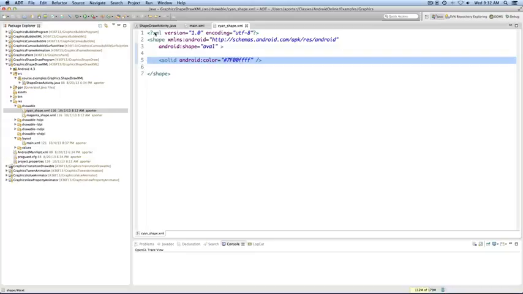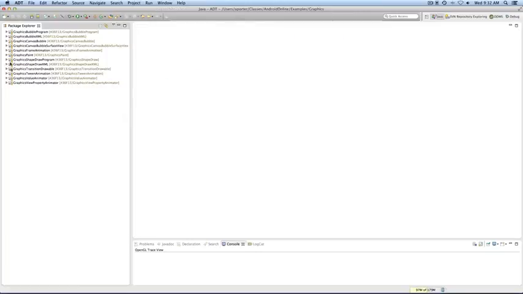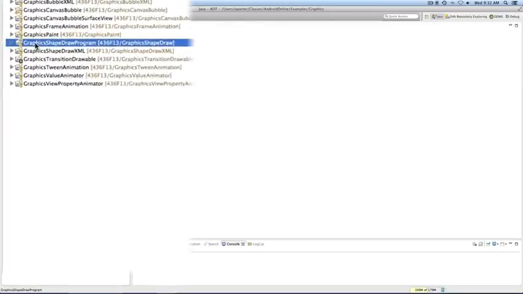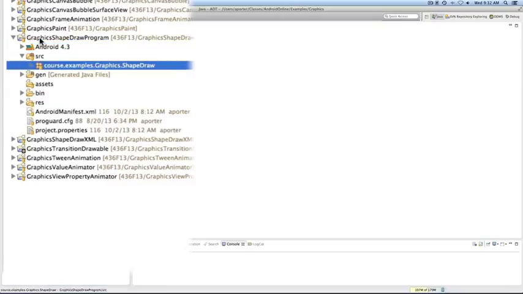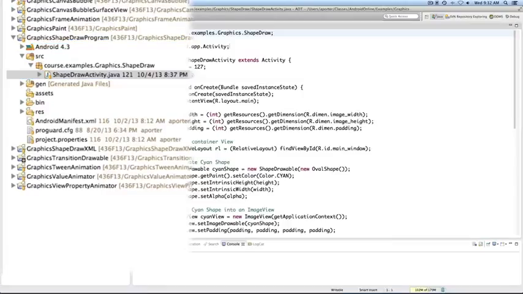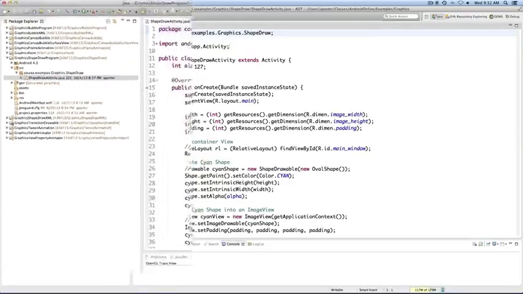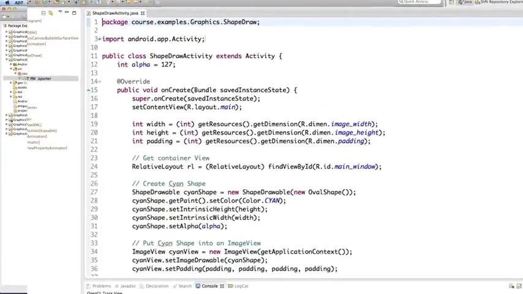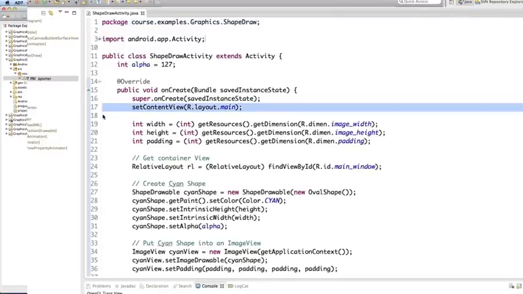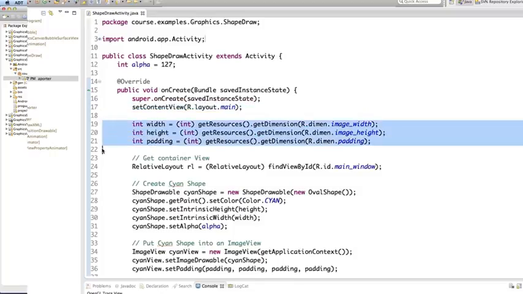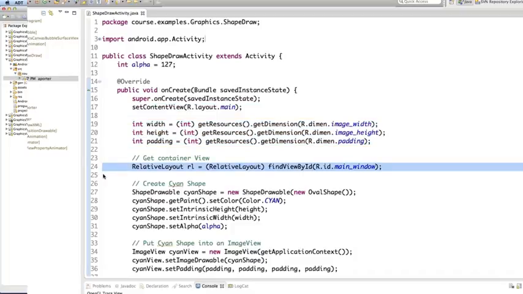And as before, we can do the exact same things programmatically. Let's take a look at the Graphics ShapeDraw program application, which I've also got open in the IDE. I'll now open the main activity for this application. Again, the application only calls setContentView using the main.xml layout file. That file just specifies that the entire layout is a relative layout. Now, the code finds the layout widths, layout heights, and padding. Next, the code gets a reference to the parent relative layout,